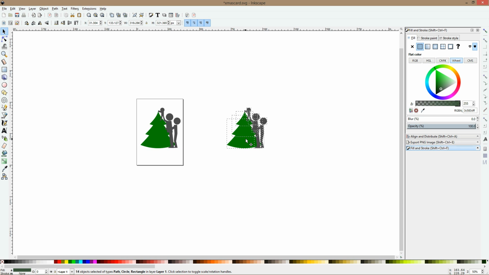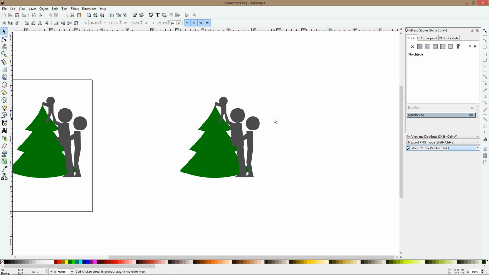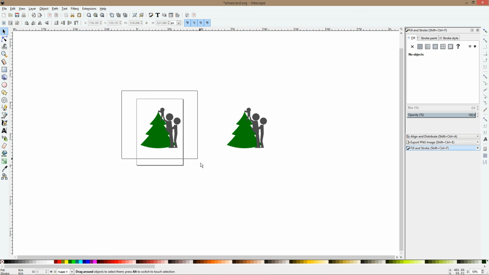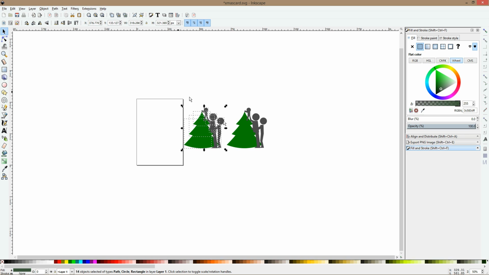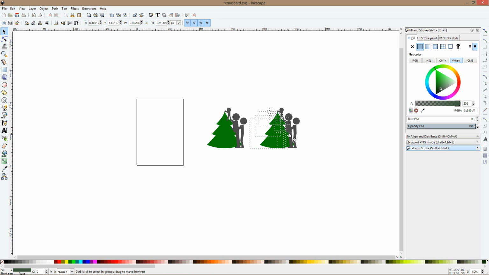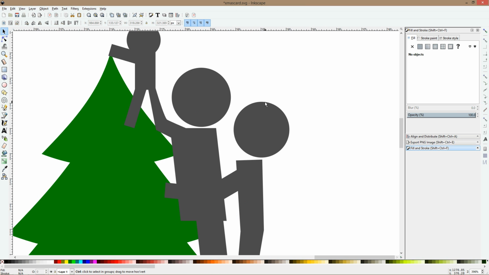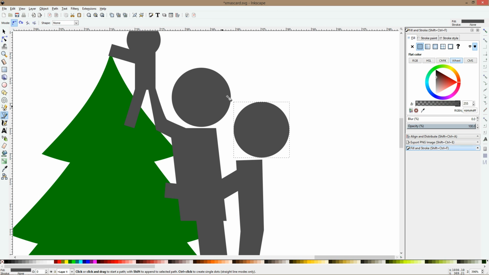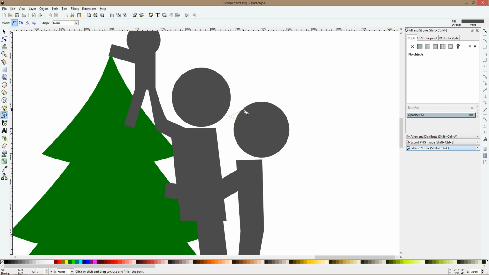I save with Ctrl S, select everyone, Ctrl D, and duplicate, put it next. I like to play the application because I like how they look in development. So I see how the drawing is developing and I can go back anytime when I have a new idea. Okay, so